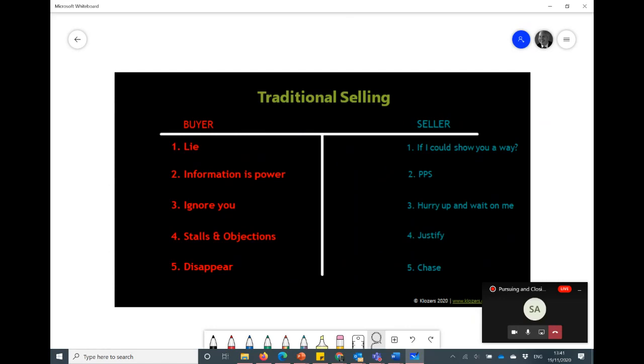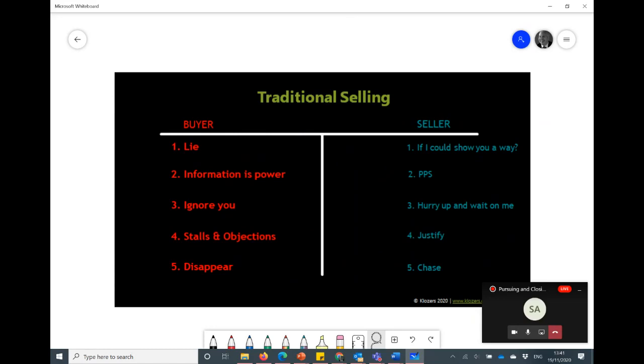Telephone, email, telephone, email. Now, if we think of the other side of the transaction from the buyer's perspective, the buyer can smell a salesman a mile away. And the minute that you start to ask these obviously salesy questions, the buyer will lie. Not that they're bad people, it's because they want to protect themselves from being sold to.